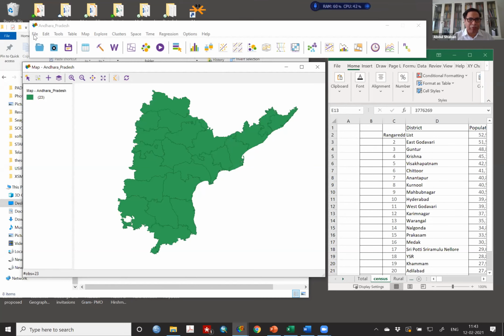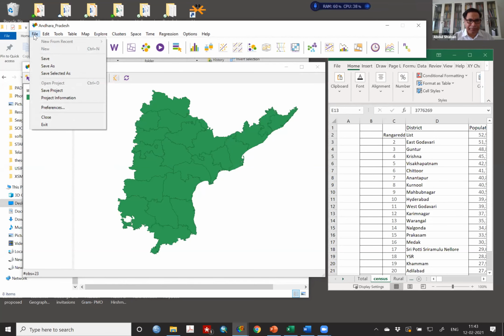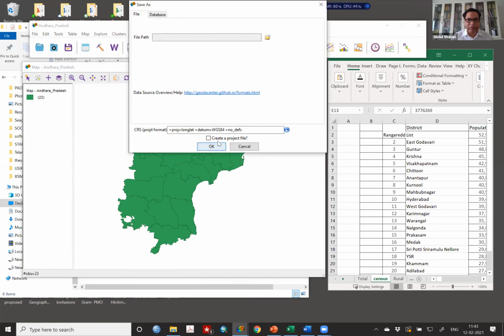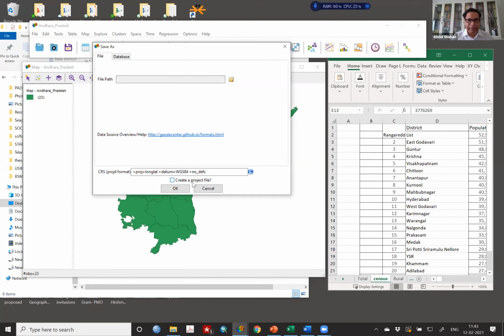Now, something is important. Look at the file. Here it comes file, save project, save as. If you do save as, there are various ways of saving where your shapefile is going to be saved.